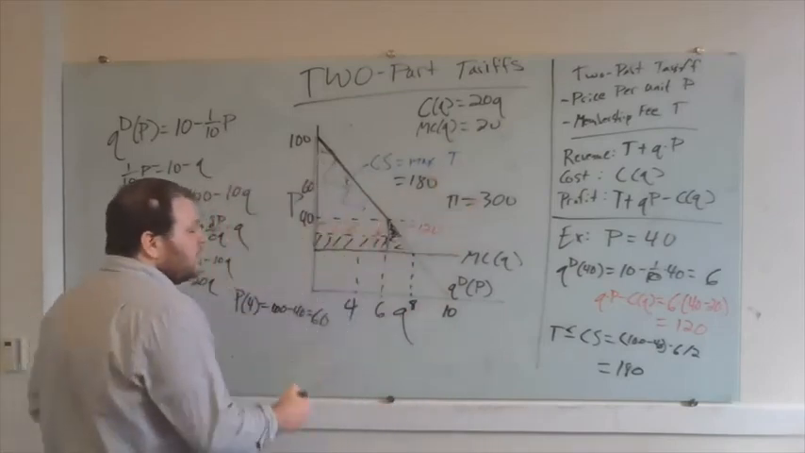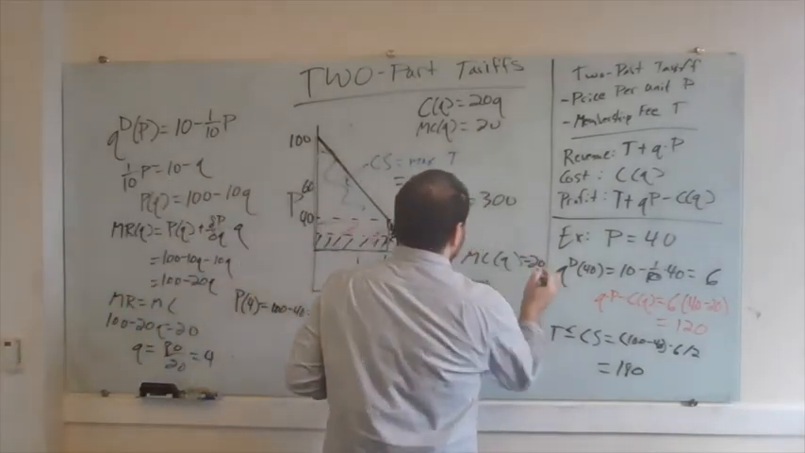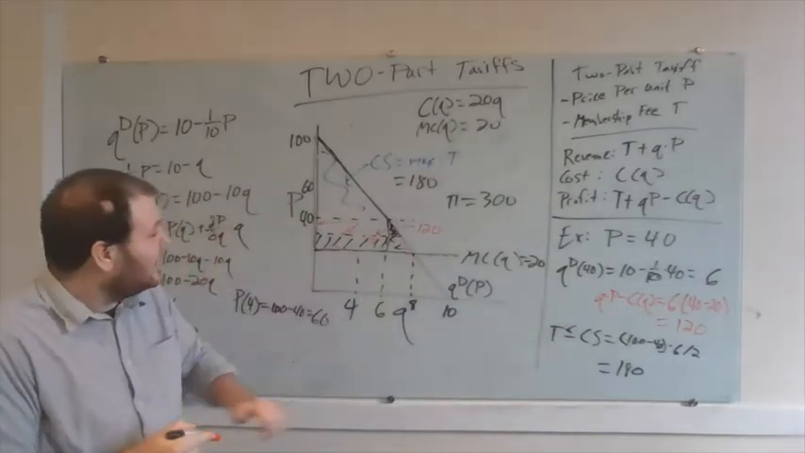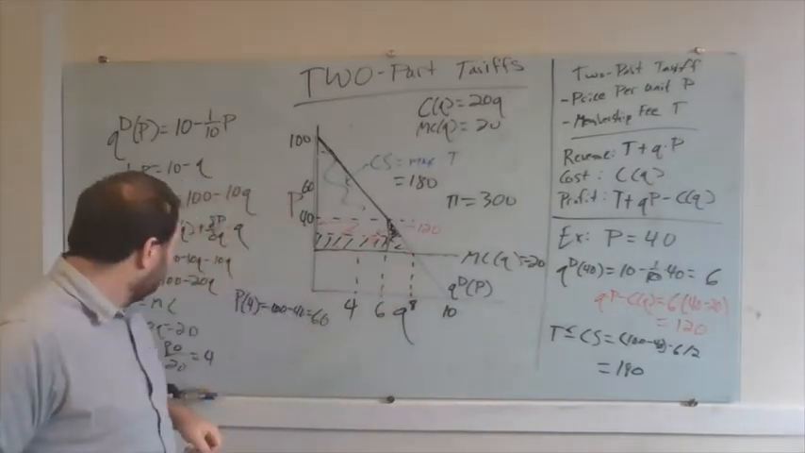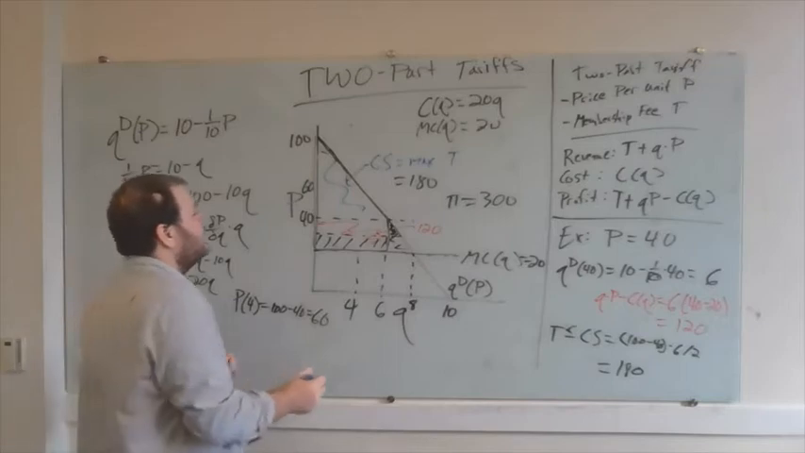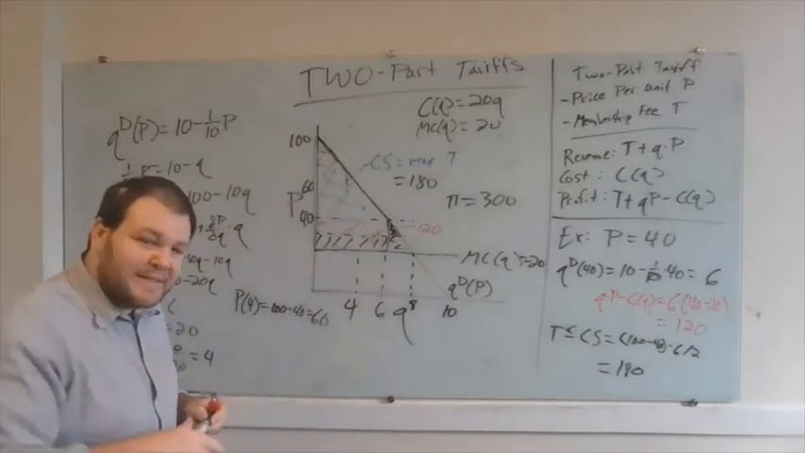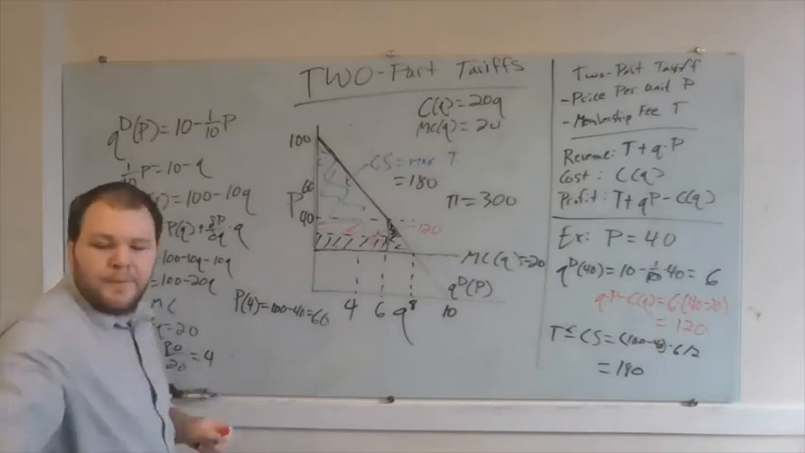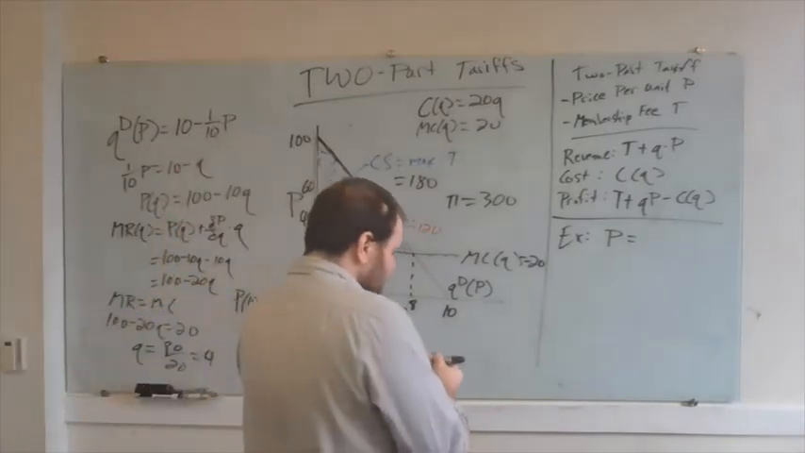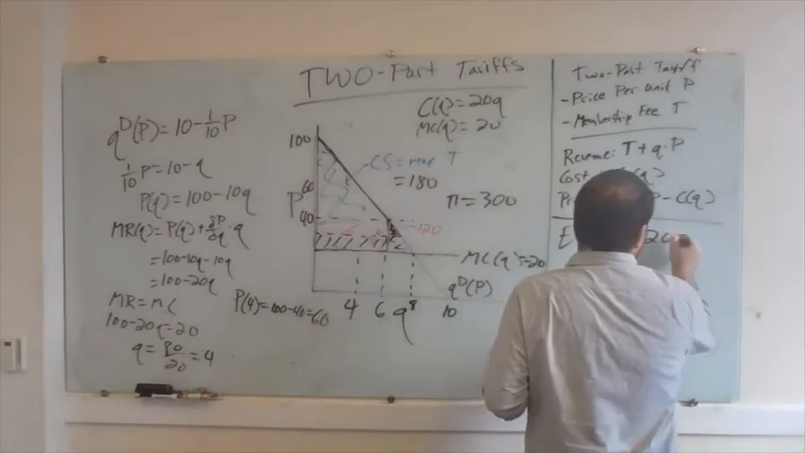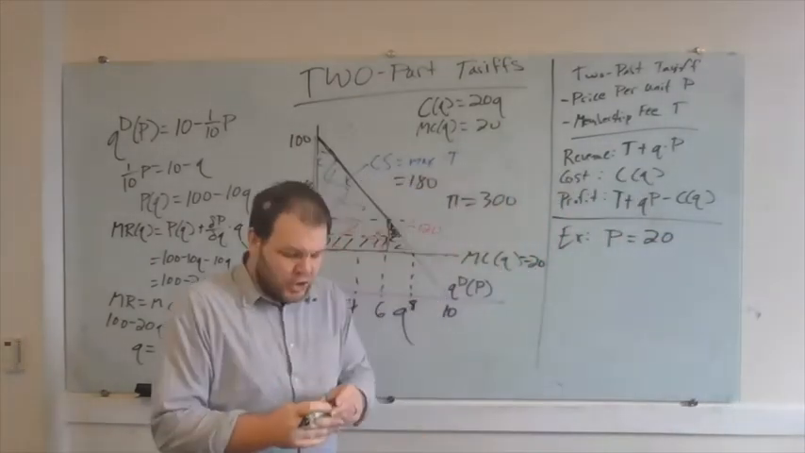In other words, the best we can do in this case, right, is charging a price of 20, price equals marginal cost, getting us to our socially optimal output, and then charging a tariff equal to the value of the consumer surplus in this market. This make sense? In other words, we charge a price of 20, right? When we charge a price of 20,